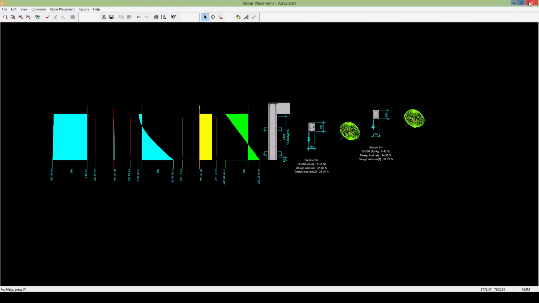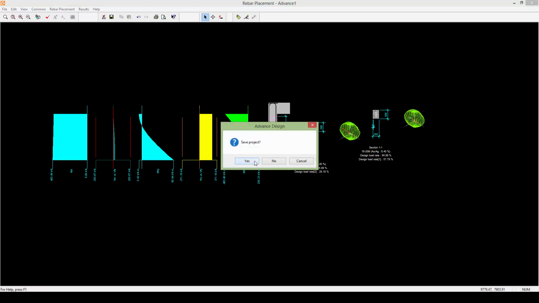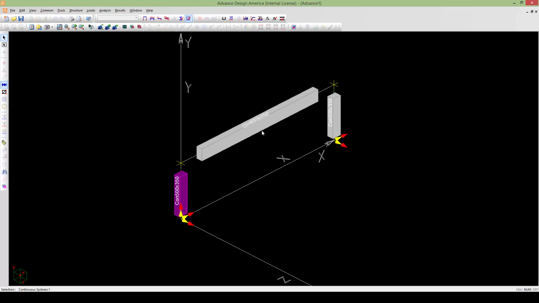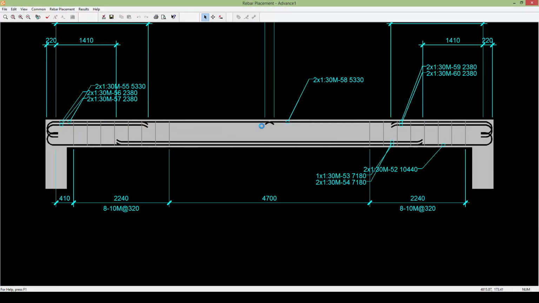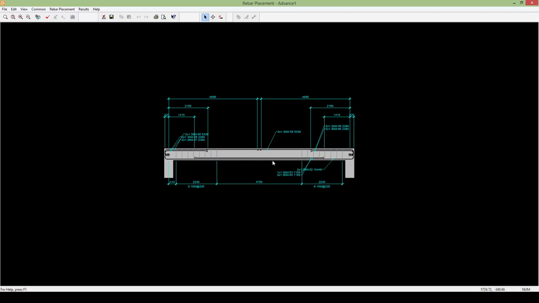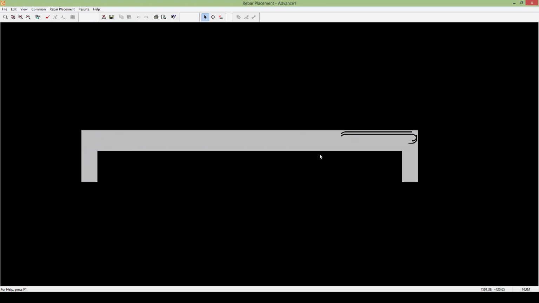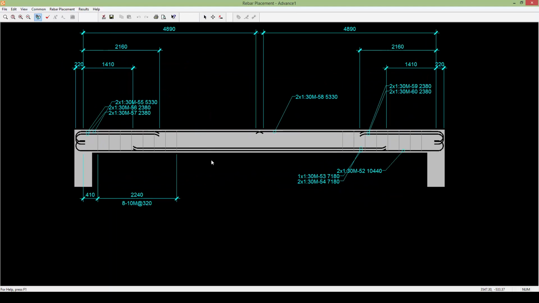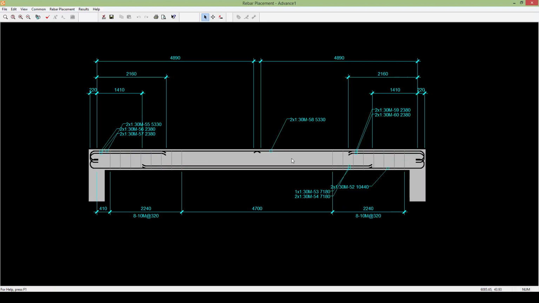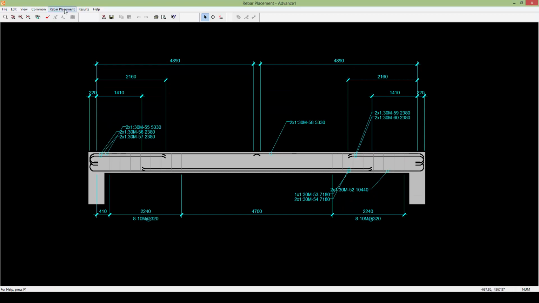And if I close this window and come back to the ADA model, if you double click on the beam, you will have the beam design. So as you see, ADA has designed completely our beams. You have the reinforcements, the dimensions. And if you want to have a section on the beam, you can always just go to rebar placements, cross sections,